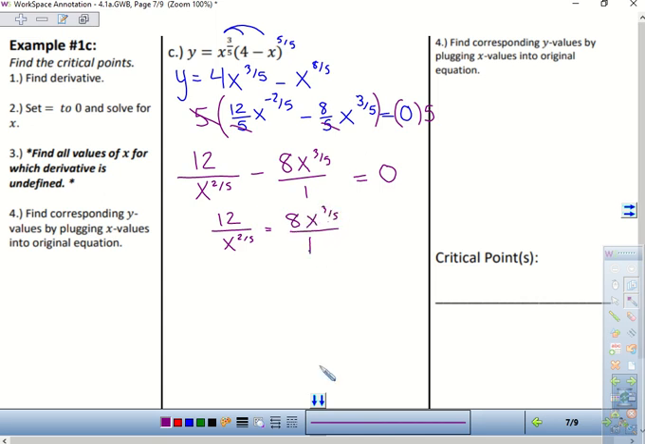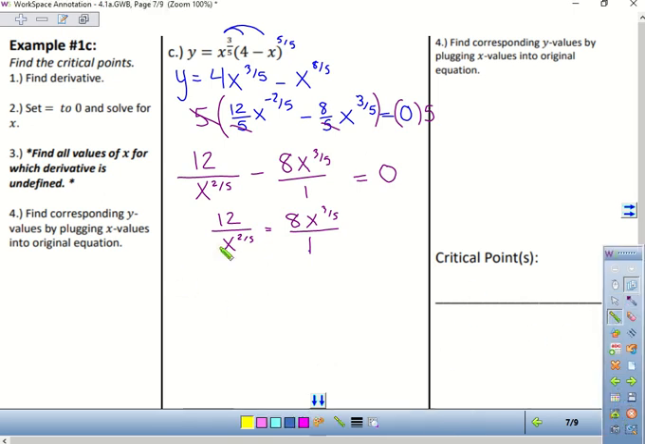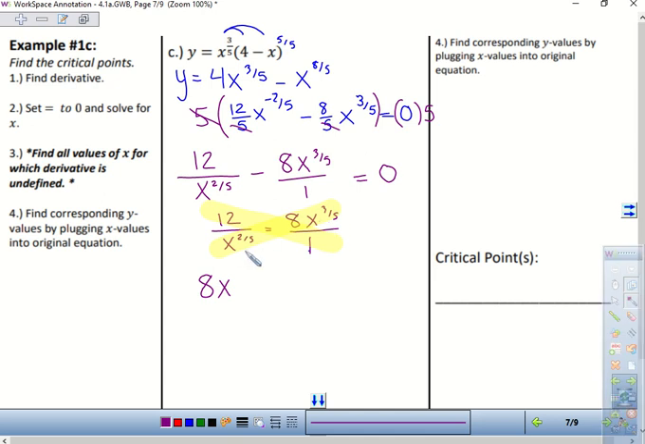Why is this beneficial in solving? What can I do now? You can get rid of your exponents? Yeah, essentially. So what you're going to notice is this becomes 8x to the, remember you're adding the exponents when you multiply. It's just x equals